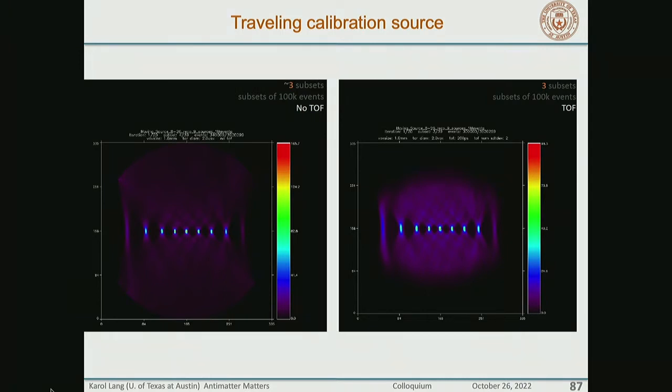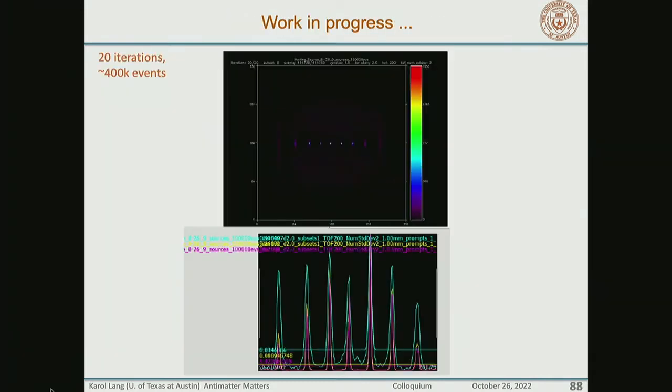So this is without using TOF information. This is using TOF information. You could think that it's hard to see that this is actually better. But from this, you can really see that it's better. You see these dots. And not only that, you can then reconstruct the position resolution of what we know about